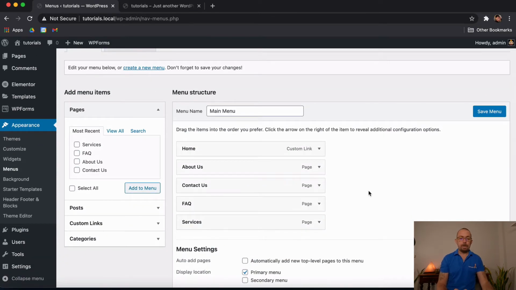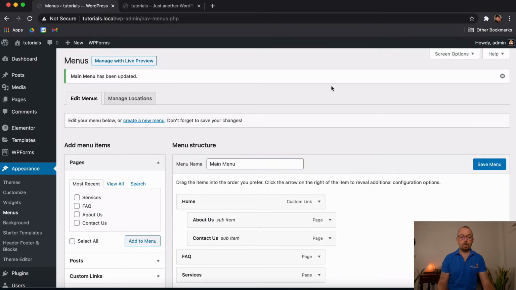So what else can we do inside of here? Well, let's say, for example, I wanted to create some sub-menus. I want to create some subcategories, should I say. Then all you have to do is left-click and drag, and you'll notice that it has this indent. You'll now notice we have Home, and then we have About and Contact Us. When you see this indent and you see these little lines going around it, it means that these two are inside of Home, meaning Home is the parent category. Let me save the menu and show you what I mean.